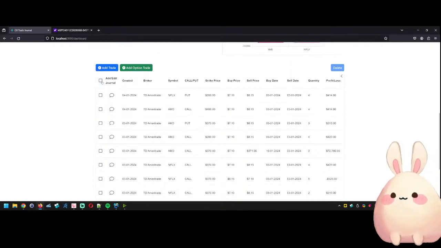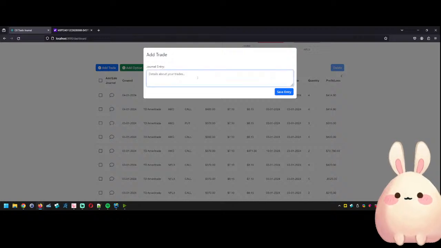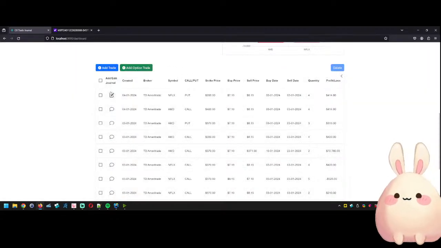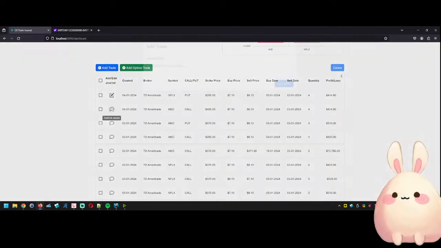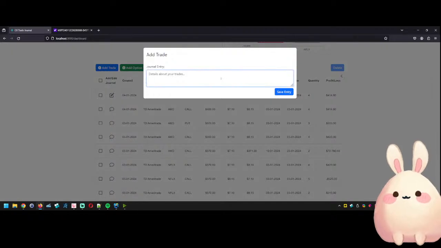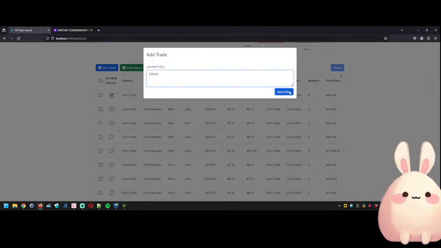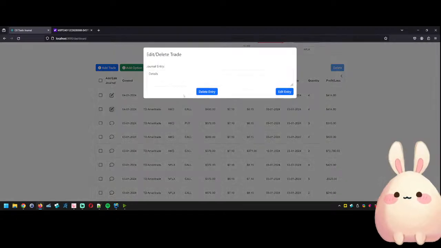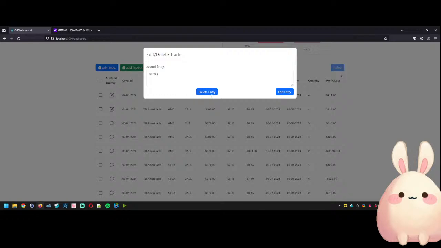Some of the things that I've implemented over the past couple of days while offline is I implemented the trade journal, some random info. When it saves the entry, it gives me my successfully saved, and it changes the icon to this edit icon rather than the trade journal icons. So that was implemented. And then from there, you can reopen it up and choose to edit the entry